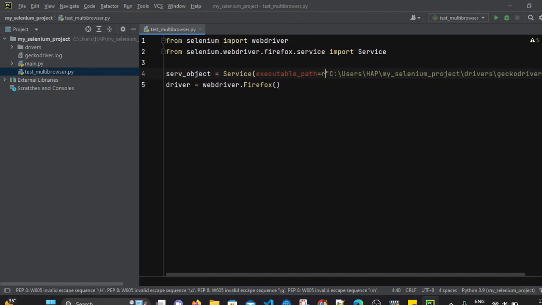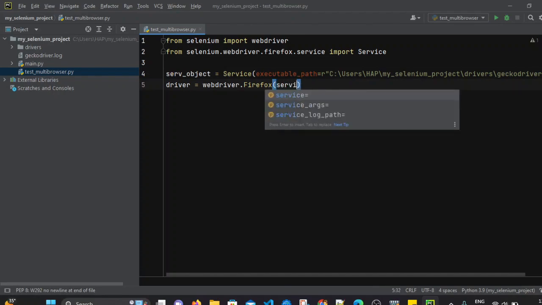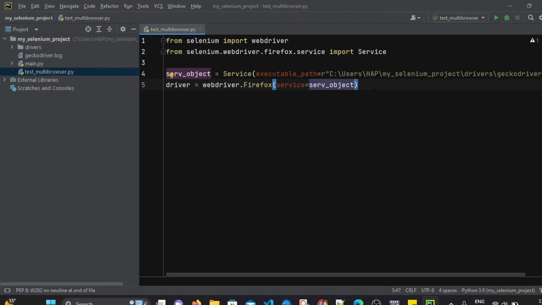We have provided the executable path in the Service class object, and this object we will pass in the Firefox class. I will mention service equals to the Service class object. So we have created the driver instance now.